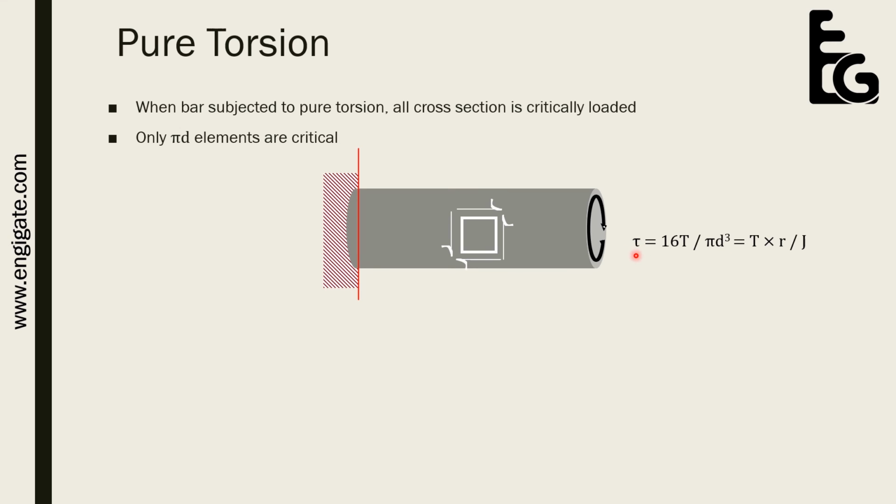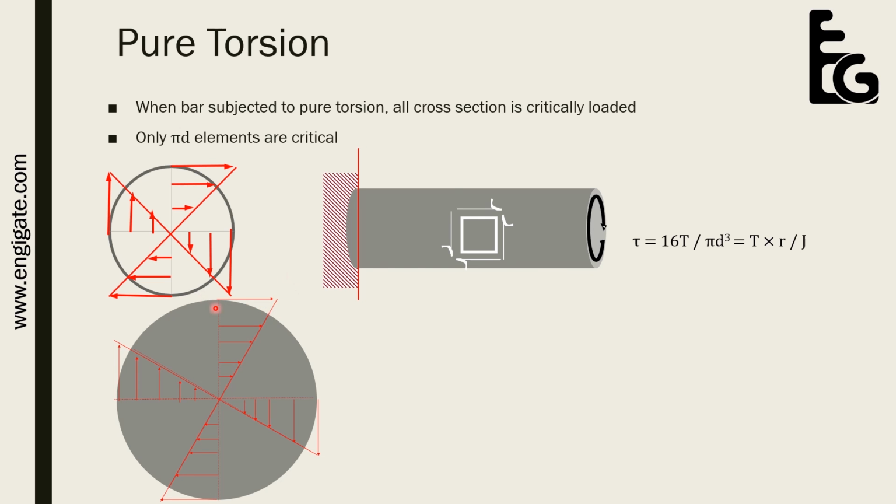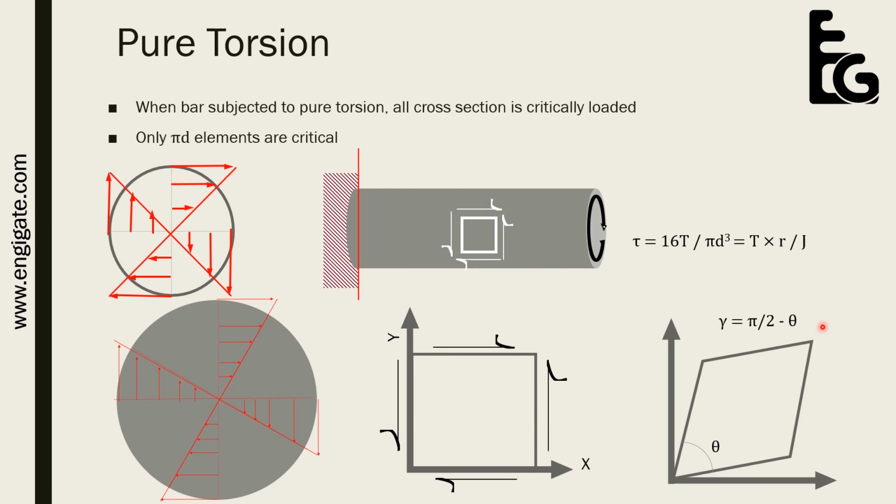Now here an animation is shown which shows twisting of the bar, and the stresses generated are shown by the arrows. As the arrow size increases, the stress is increasing. So the final diagram of the torsional stress in the bar will be somewhat like this. Now the element is shown separately with shear stress. So it will deform somewhat like this. The gamma is the deformation angle as shown here. Total gamma is pi/2 minus theta, and on one side the strain will be gamma by 2. It was already explained in detail in the stress strain tensor lecture.